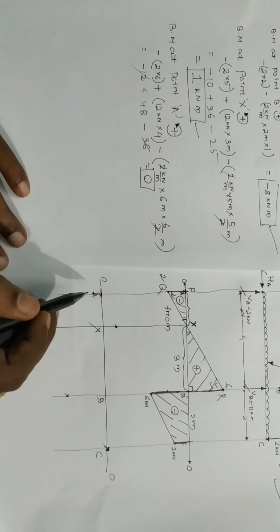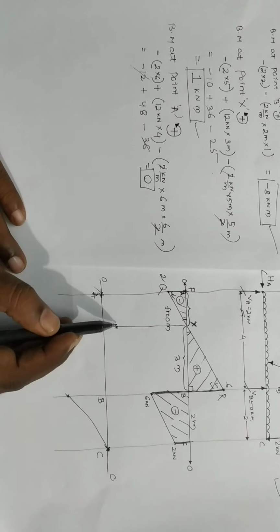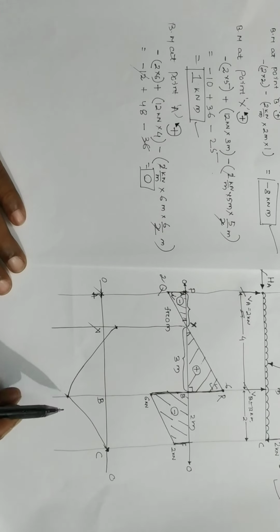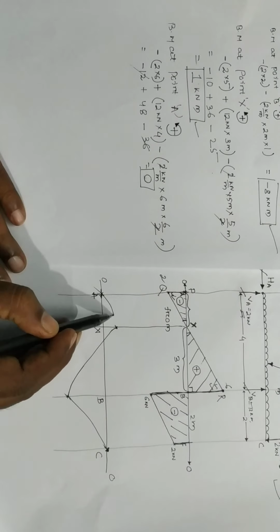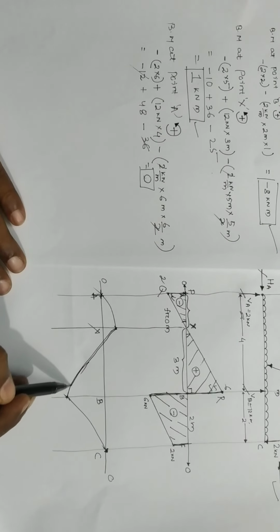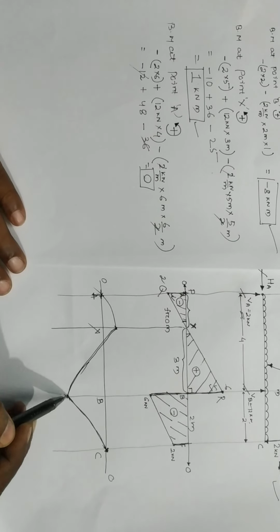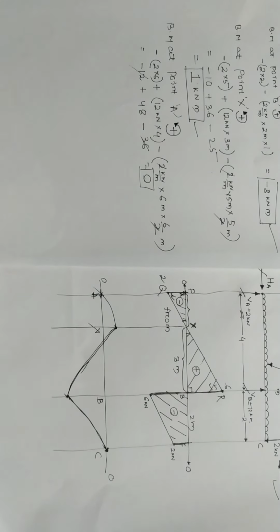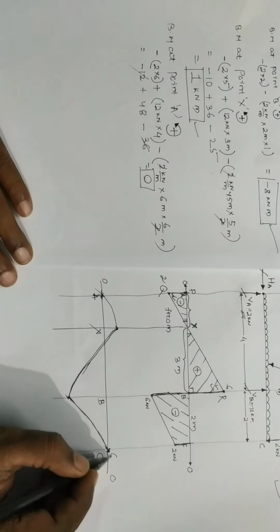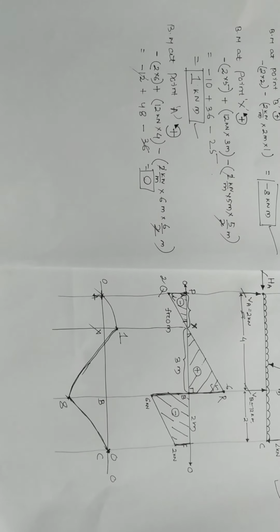And as this is UDL, you have to draw it not in scale. You have to draw freehand. Okay, curve like structure. So this will be like this, and here this will be like this, and this will be like this. Okay, you make it better. The magnitudes I have to write. This is 0, this is 8, this is 1, this is again 0. Over. Bending moment calculation is over.